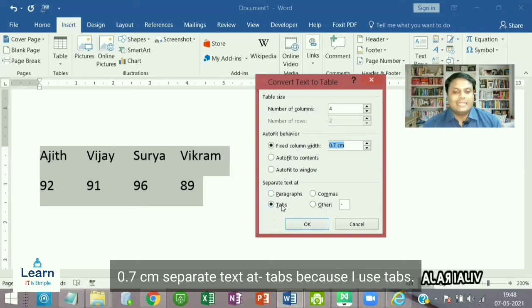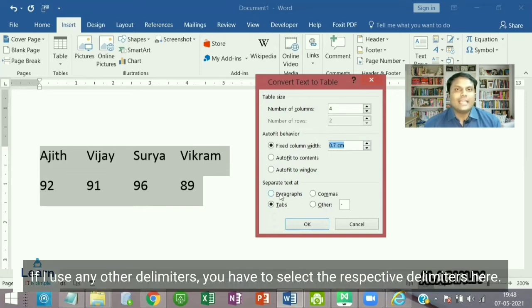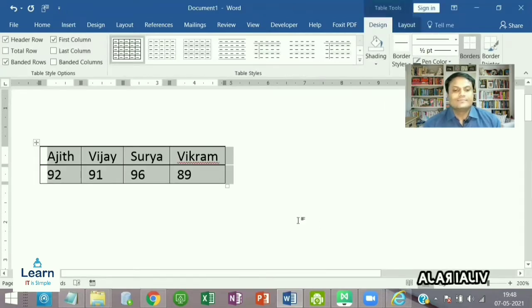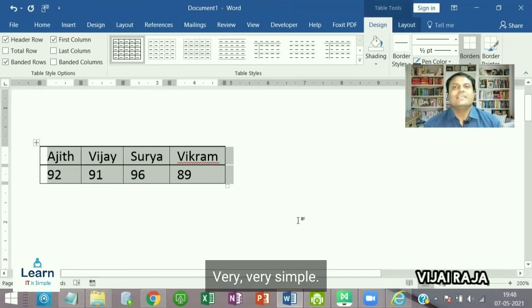Separate text at tabs. Because I use tabs. If I use any other delimiters, you have to select the respective delimiters here. Then click OK. It's very, very simple.